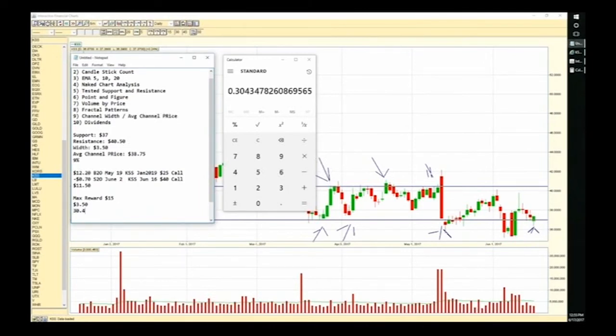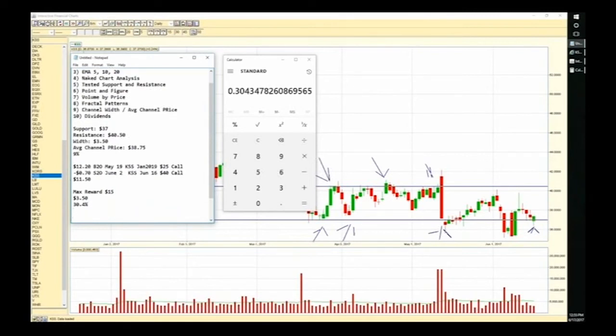Now you might say, well, what about the risk? Because of course the most important thing is not to focus on the reward, but to focus on balancing out the risk. My max risk depends on where you put your stop or your protective put. If you use a protective put, you've got to put the economics into the trade. But if we use just a simple stop, say for instance, we're triggered on, let's see, it looks like the lowest we've gone here. If I put my cursor right here, I can see that the low is $35.16. So if I go for a $35 trigger for getting out of a trade, my max risk